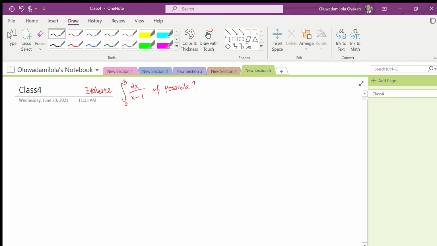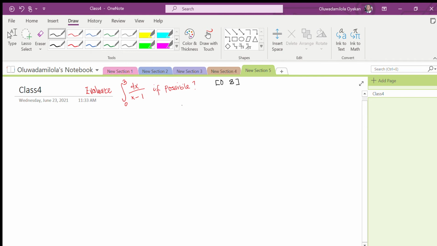How do I know it's discontinuous? If you check the interval 0 to 3, you would see that 1 is inclusive. And if you plug 1 into the integrand, you're going to see that you have 1 over 0, and 1 over 0 is infinity. It means there's a point of discontinuity in the interval. So there's a way you should solve this kind of problem. However, if you do not consider the point of discontinuity, you might as well just go ahead and solve it, and then think the answer you get is the correct answer,